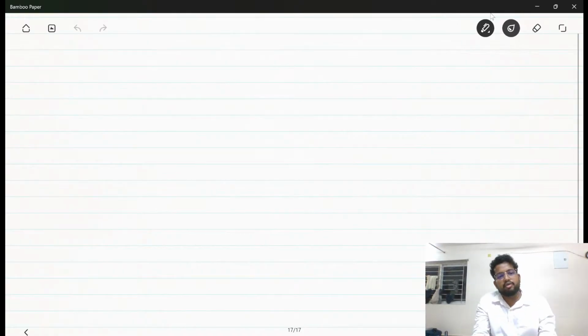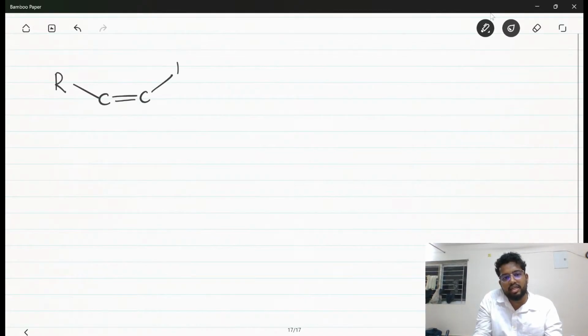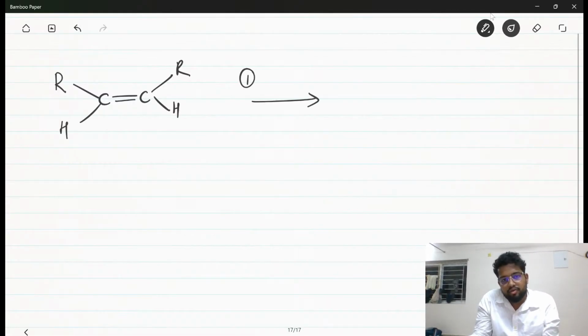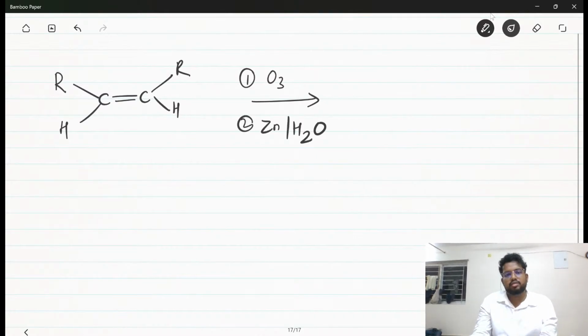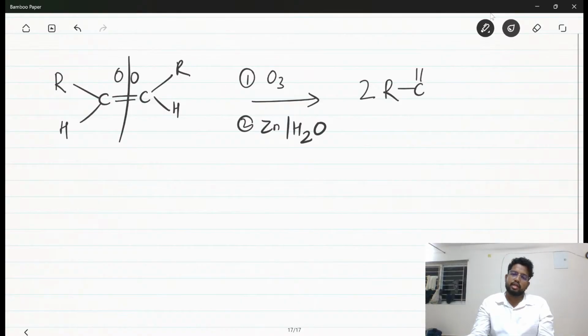Now, if I want to prepare aldehyde from alkene, I need aldehydes on both sides. So what starting material should I take for ozonolysis? O3 and Zn, water. Find out what would be the product. Now, 2 moles of aldehyde. But if you start with